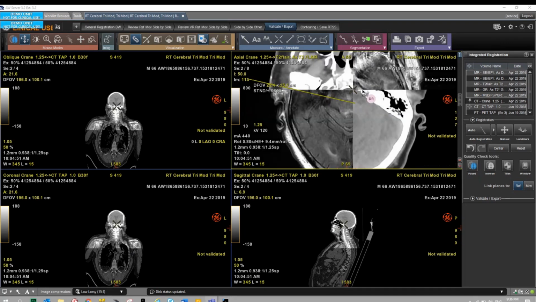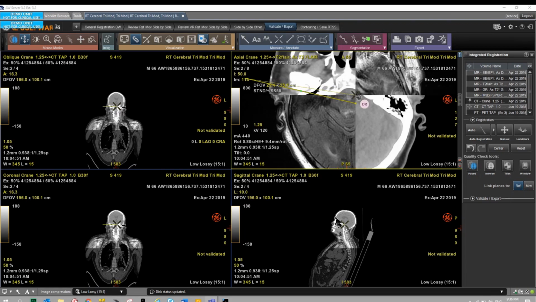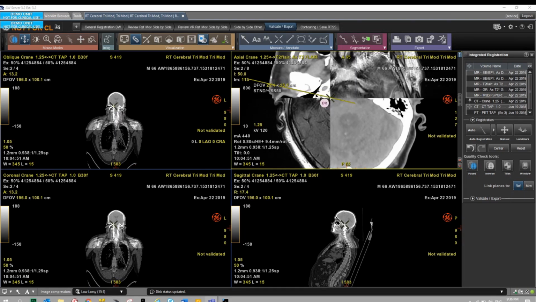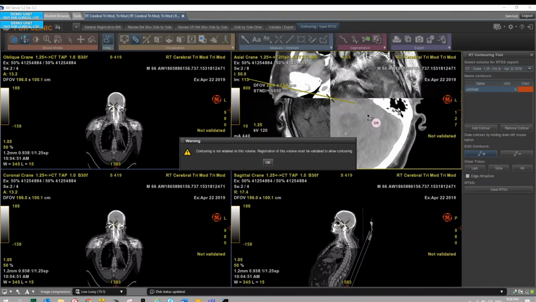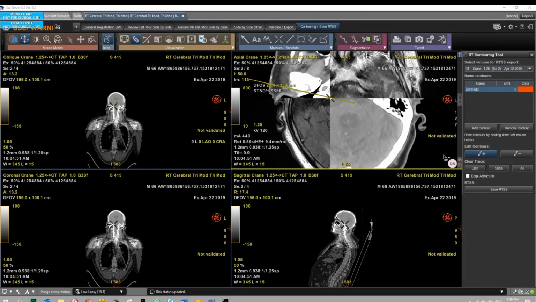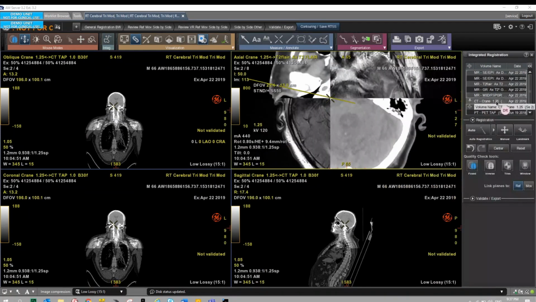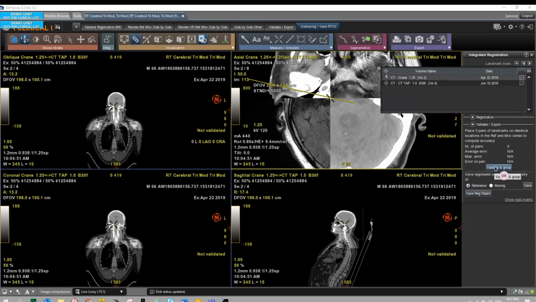Okay, and this is a way to make sure we can display some information and capture the information for the clinician, with some arrows, some distances or whatever. A contouring tool is also available in just one click using a drawing tool, and to validate, sorry, we need to validate, we must validate the contouring,